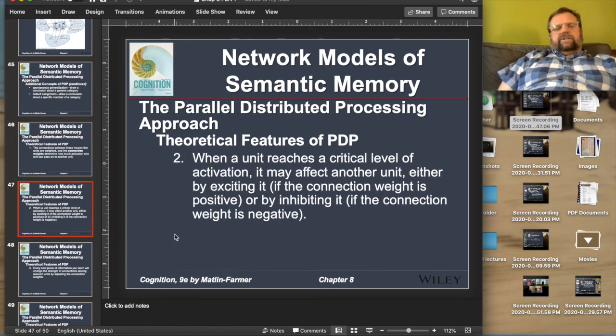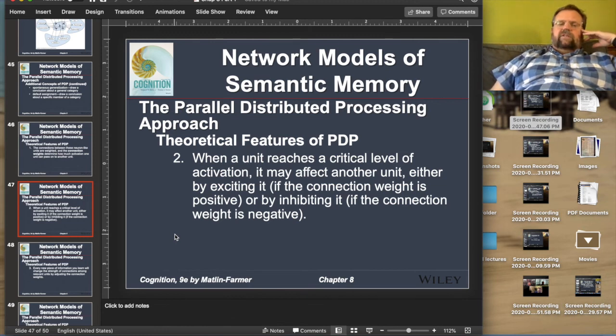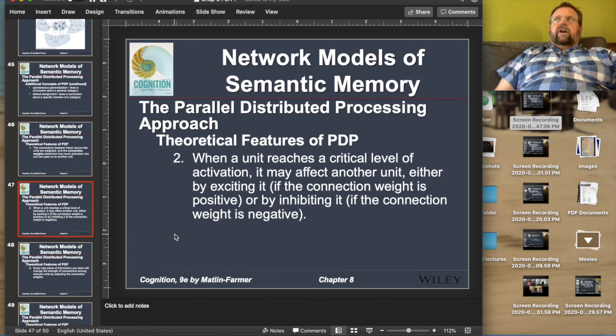Another way to think about this is when a unit reaches a critical level of activation, it may affect another unit either by exciting it, if the connection weight is positive, or by inhibiting it, if the connection weight is negative. So you can have various levels of weight or activation, and additionally, those weights can either be excitatory, meaning they're trying to promote the activation of other units close to it, or inhibitory, meaning it's trying to decrease the likelihood of those units near it actually